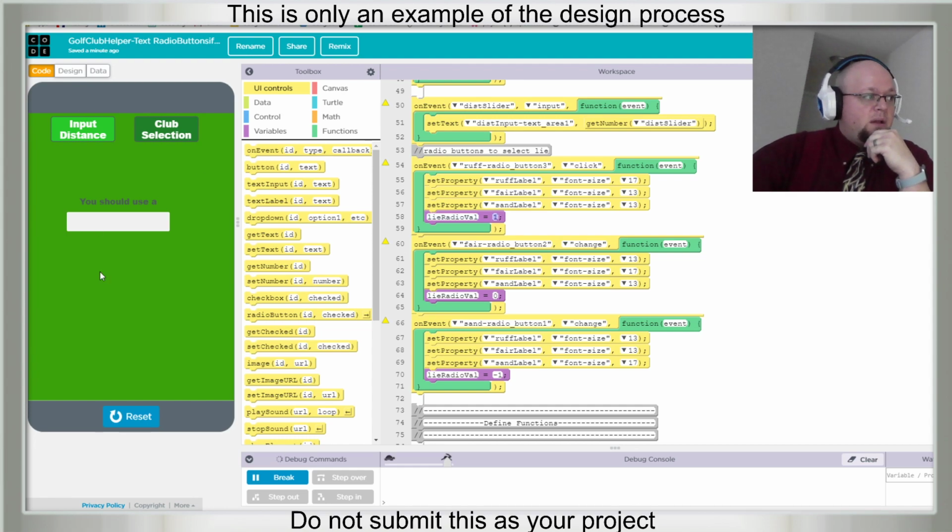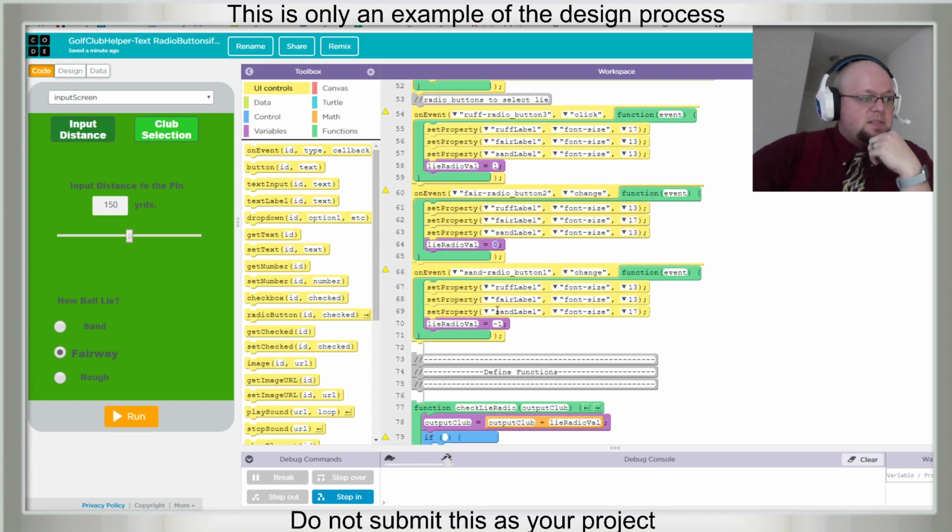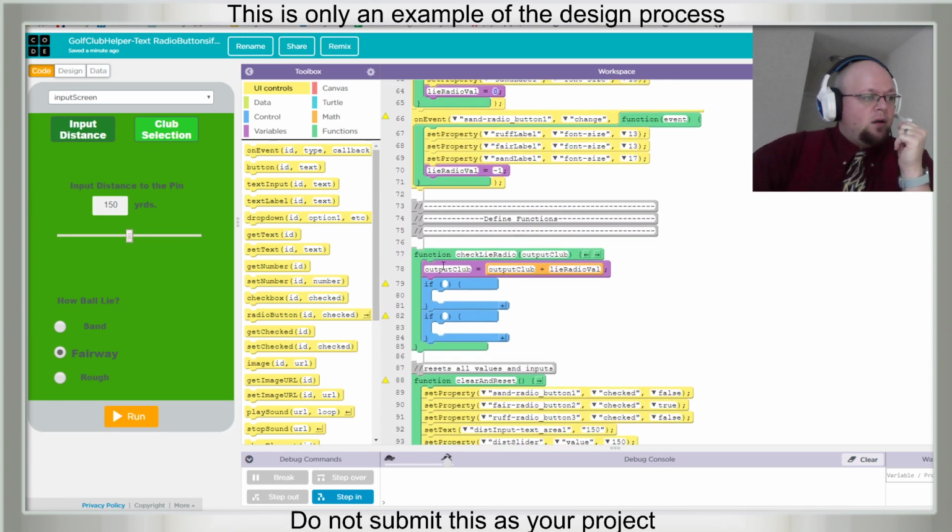If it's fairway, we are going to add 0. Lie radio value is 0. And if it's sand, we're going to add -1, or subtract 1. So output club now gets whatever it was before plus either -1, 0, or 1. And so now we're going to check the new value of output club.